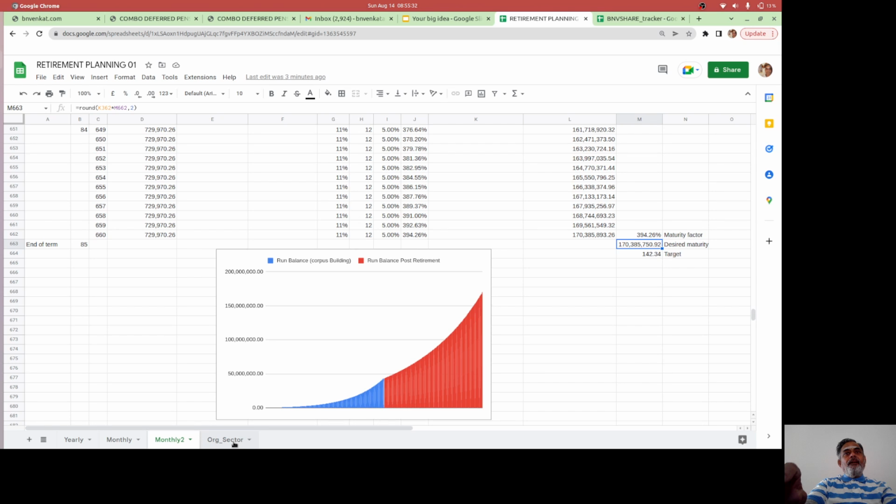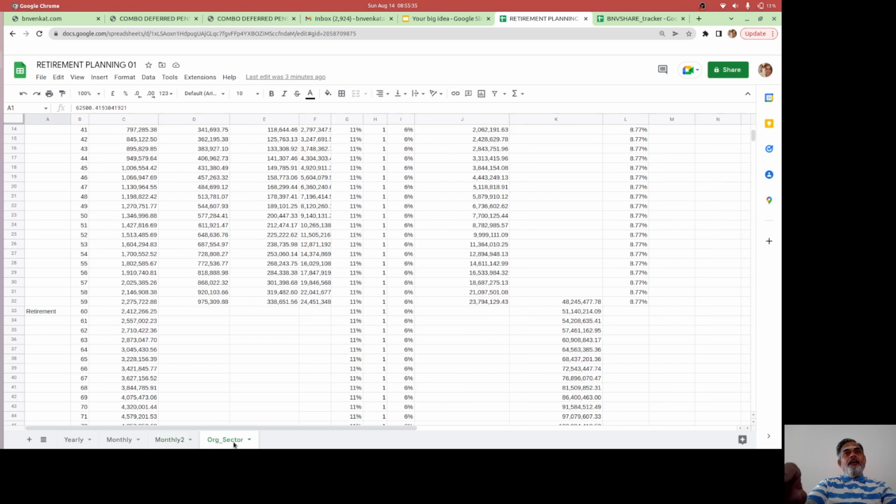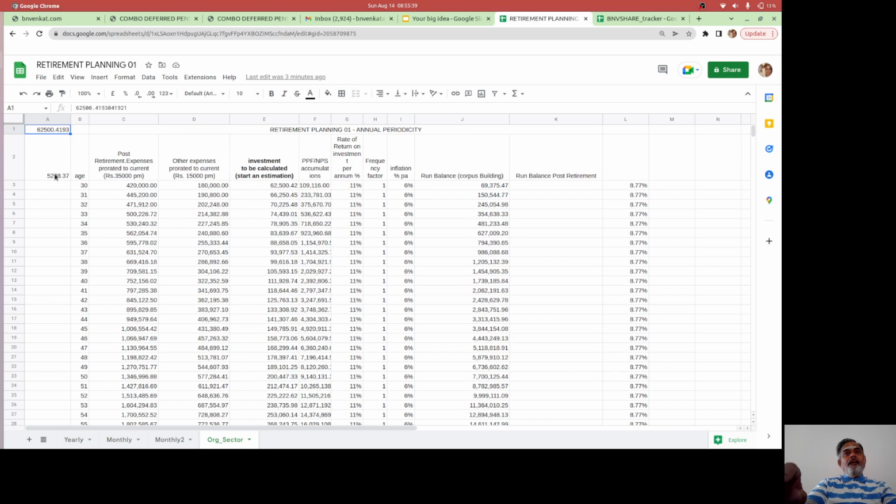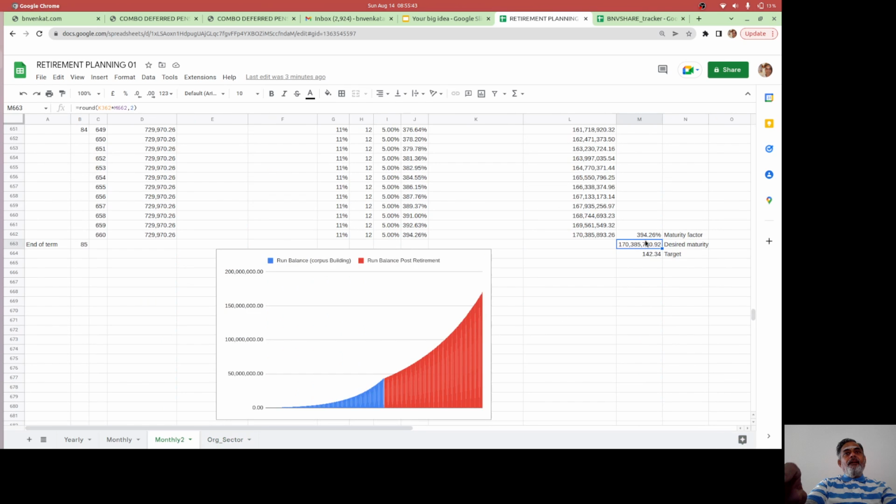Then comes the organized sector. Let us take the calculation. Let us see the calculation of the organized sector. In the previous case, let us see